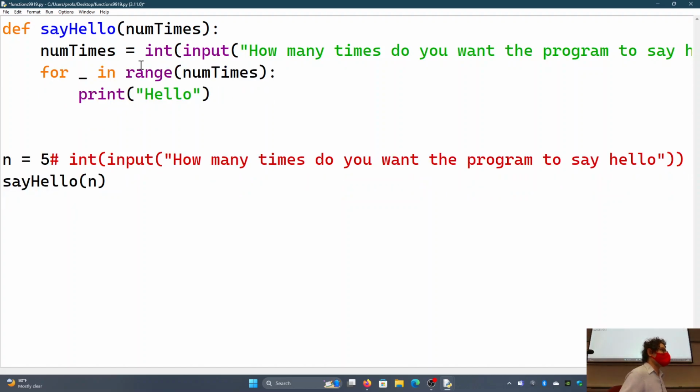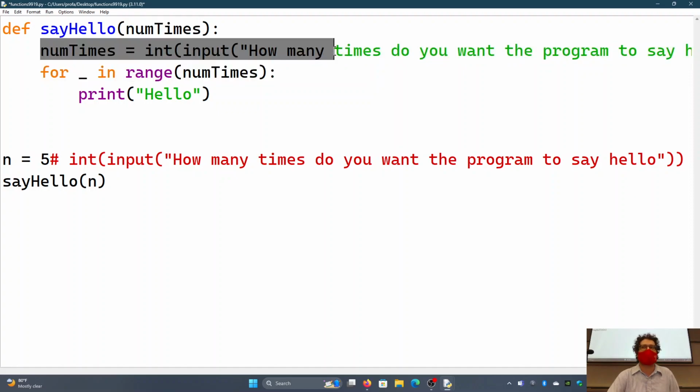Now the reason that this is a mistake is because now the function is harder to test. The function itself is harder to test because every time you run the function, it asks for the user input. Also, this entire argument is now obviated. It's made obsolete. It's unnecessary. Because whatever we put in, the user's just going to go and overwrite it. It's a very common mistake.